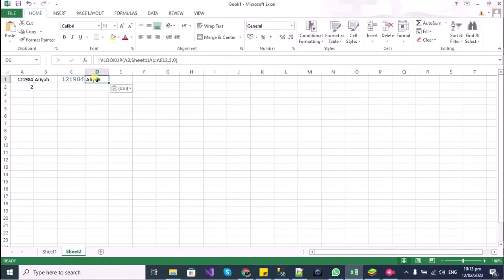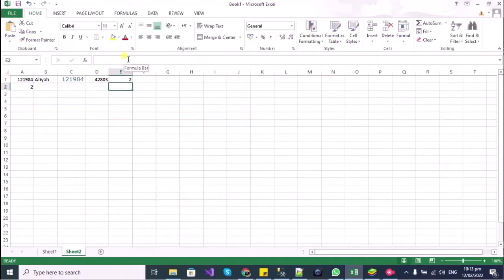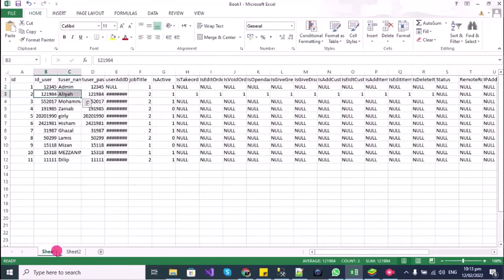And similarly, I will be pasting it and change the VLOOKUP column index to 4. So now you can see the entries,